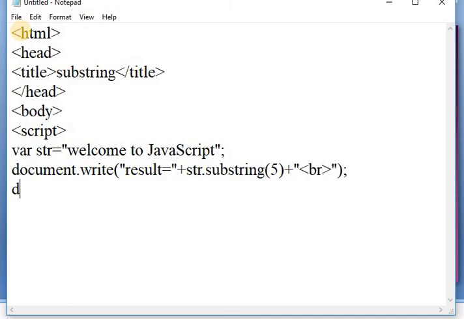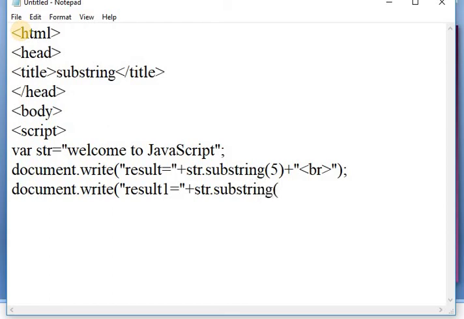After that, again I am printing the result with document.write, that is result1 plus str.substring.